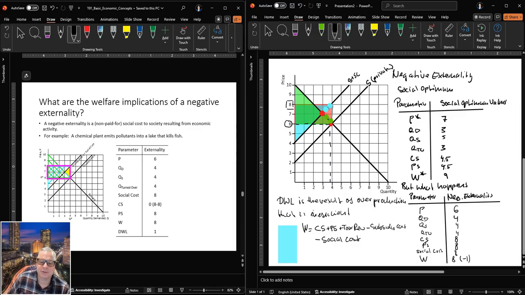So a tax to internalize a negative externality increases welfare. So a tax to internalize a negative externality, that would increase welfare, because, and we can see that